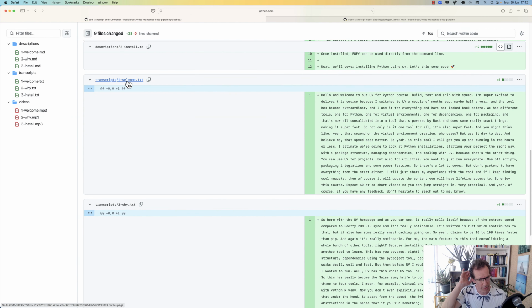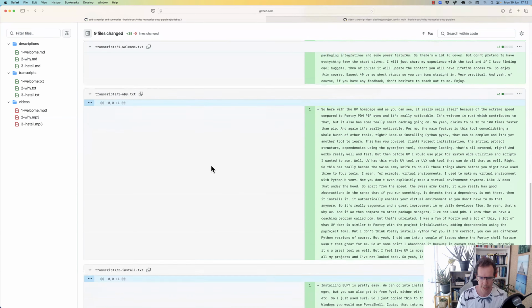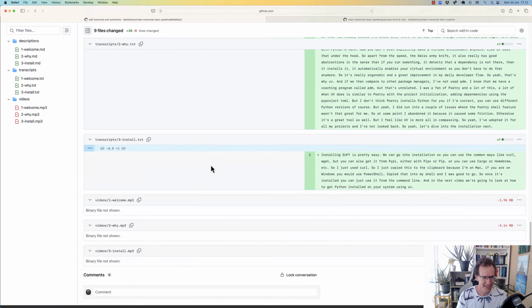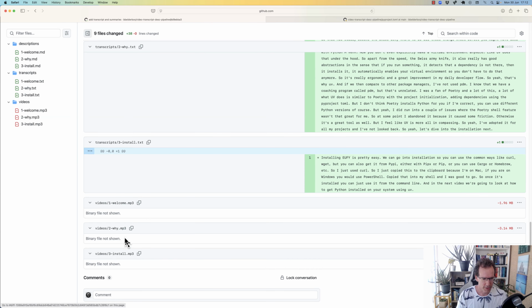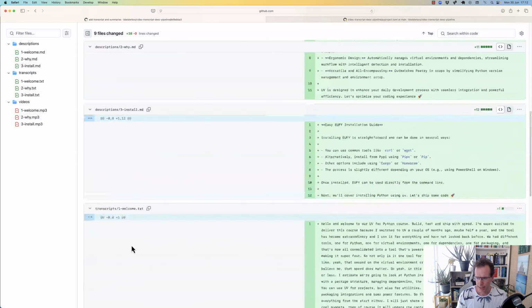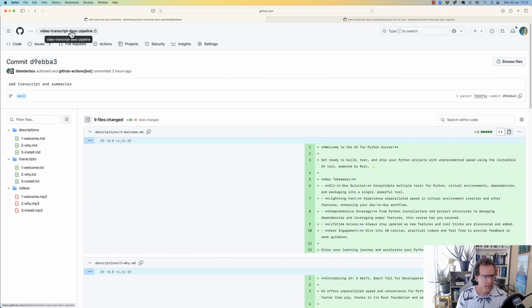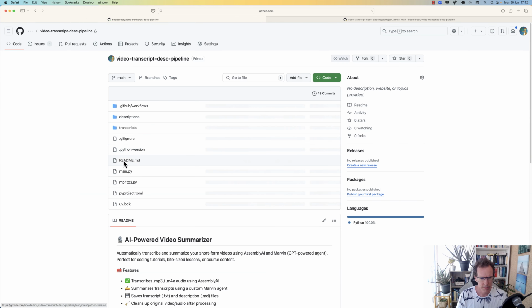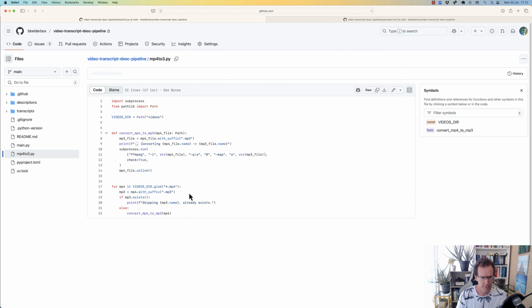Transcripts, strictly I don't need them, but it would be just good to have them. I paid Assembly AI, right? So I might as well get the results. And of course I want to throw away the files. One final thing, as I said in the beginning, you want to save space.